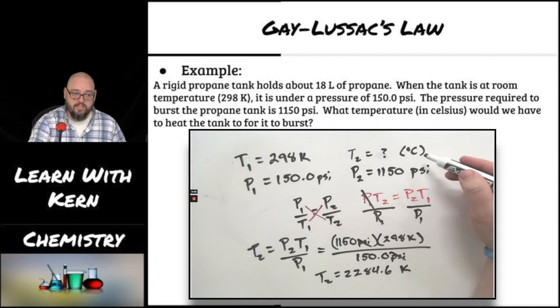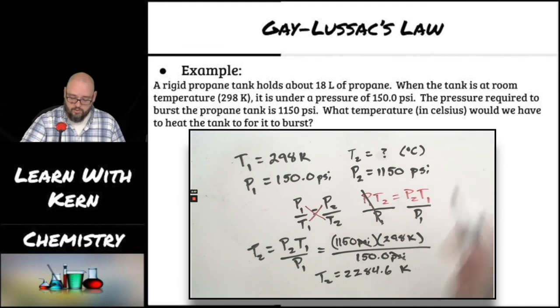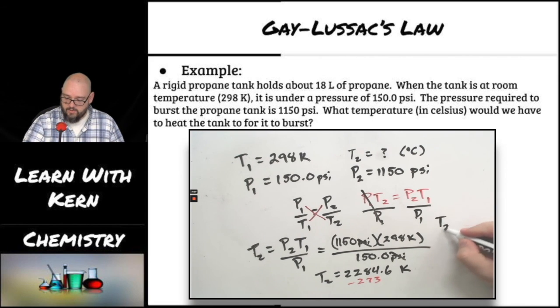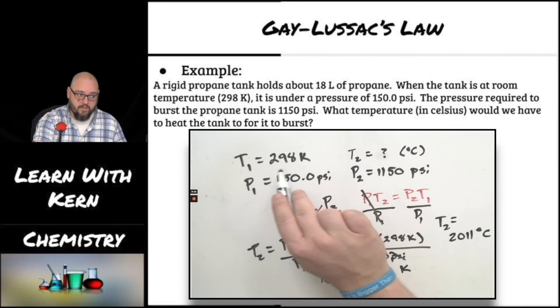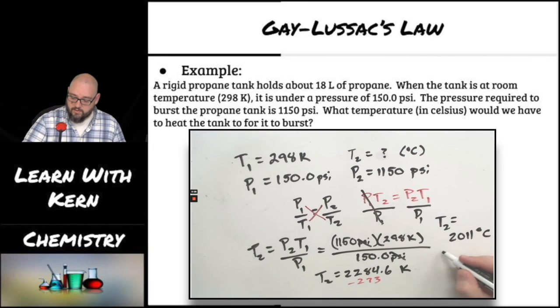My question wants it in degrees Celsius, so I have to convert that to degrees Celsius. So to do that, I simply subtract 273. So minus 273, and I get an answer of my T2 is going to be 2011 degrees Celsius. Now, this is 4 significant figures. My question gave me 3 significant figures here, 3 significant figures here. So I need to have 3 significant figures. So this would actually round to T2 being